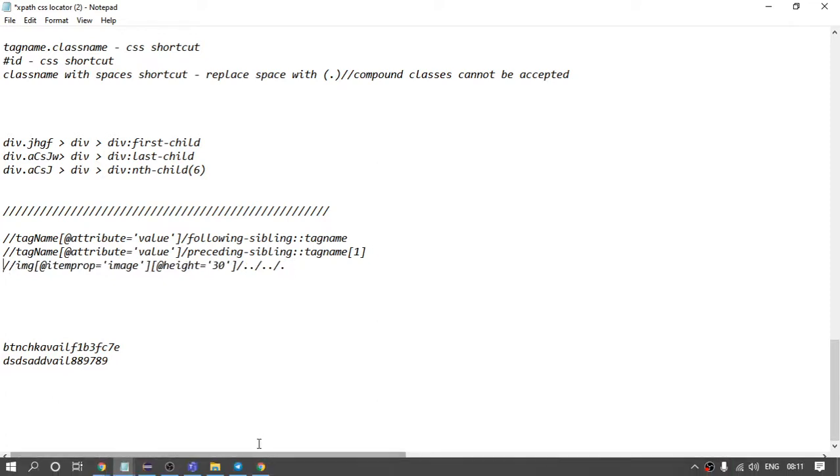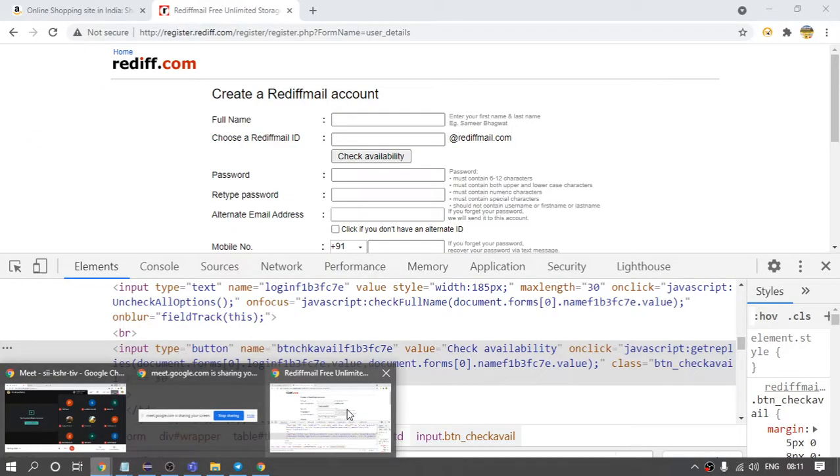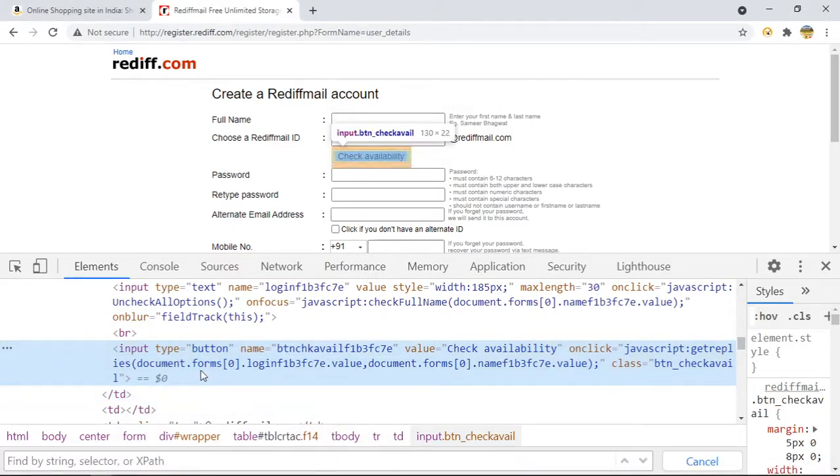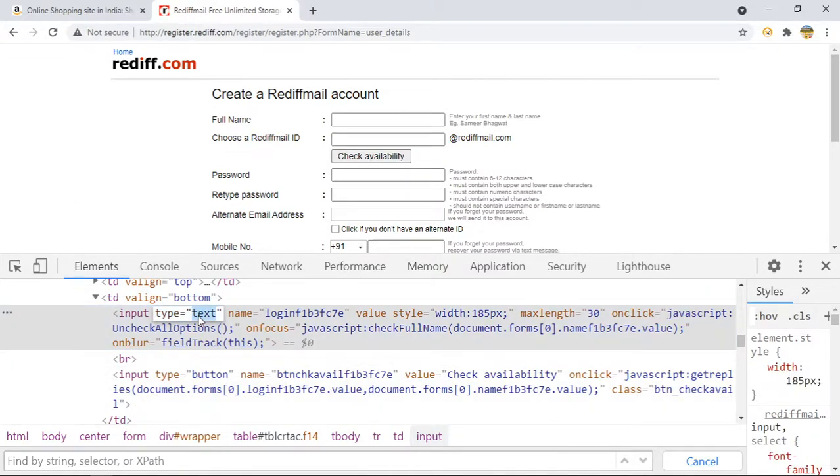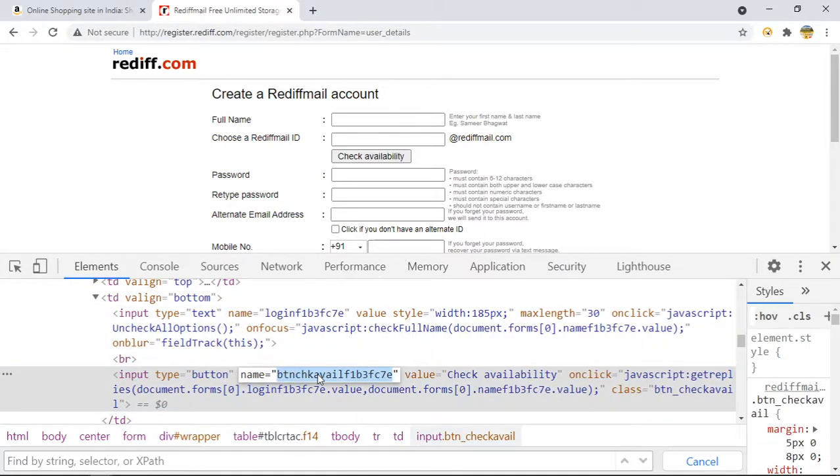so let us talk about how we can do the same in CSS. Make sure in CSS you cannot go from this input tag to this input tag. You can only move in the forward direction, not the backward direction. So suppose I'm here and I want to traverse to this input. These two input tags are the children of this one, right? So if you are confused that you are not able to identify which is the parent of this one, you can use XPath.